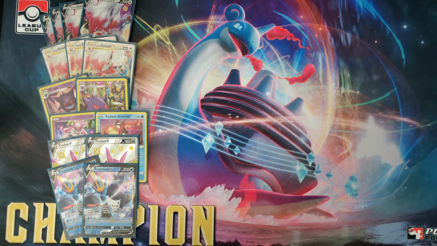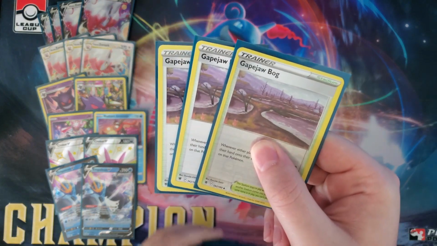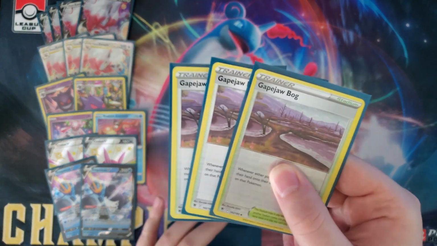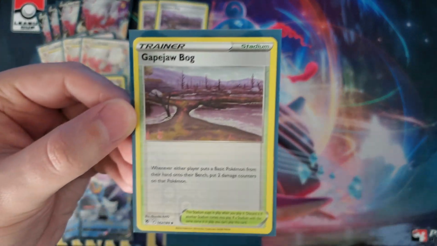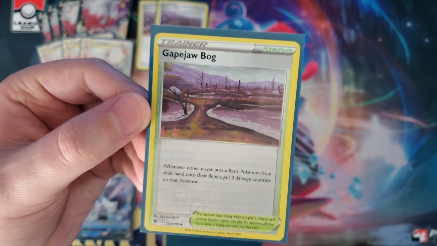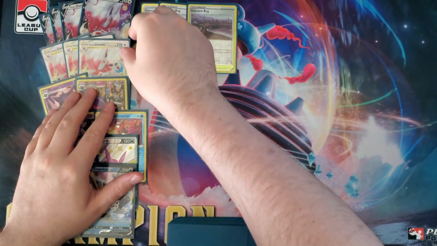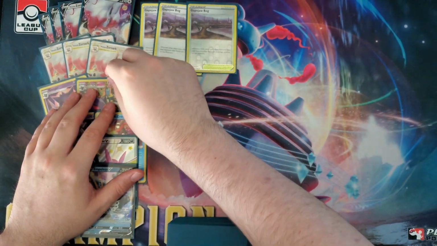Alright, so continuing, let's take a look at the stadium. We have 3 copies of Gage Bog. I'd like to get this to be a 4th. I don't know how I'm going to do that yet. But whenever either player puts a basic Pokemon from their hand down to the bench, you put 2 damage counters on that. So that's how you fulfill the attack requirement of Ticking Curse outside of the Gengar to get damage